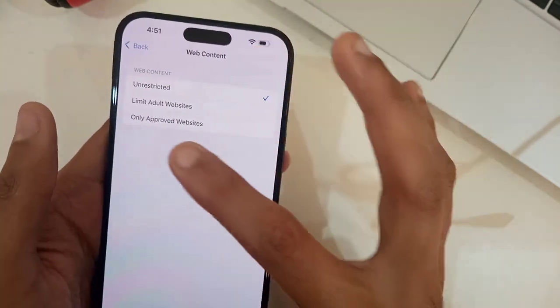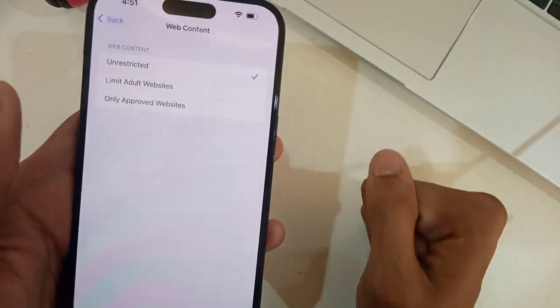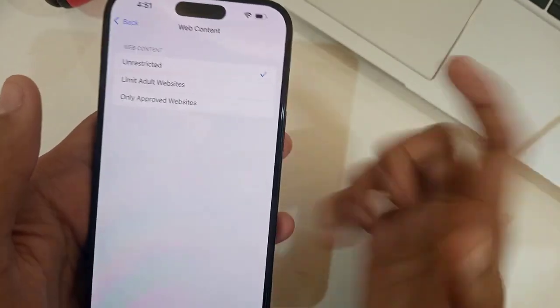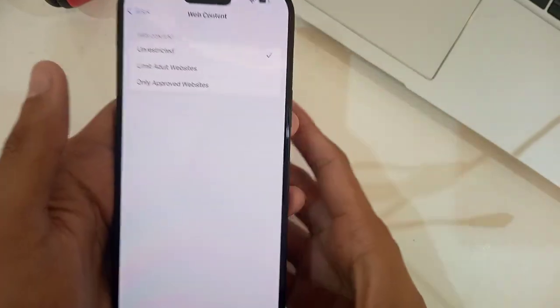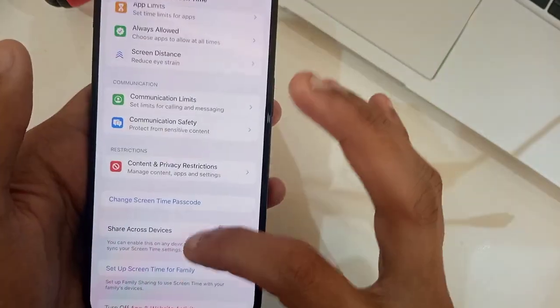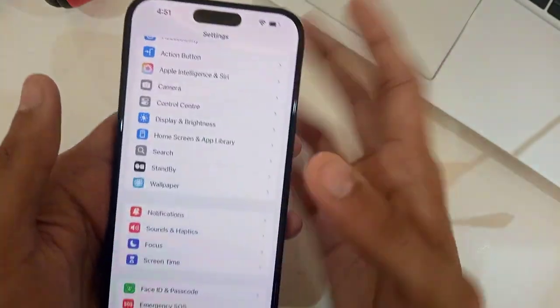Okay, if you choose only approved websites, it will allow you to only watch the websites which you have approved. Okay, after doing this, what you need to do is go back and in the settings